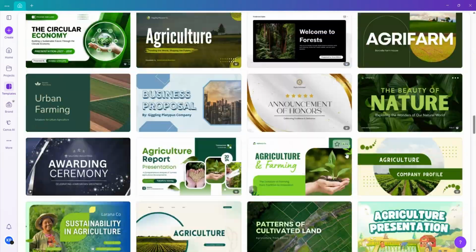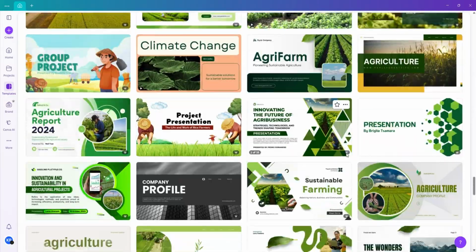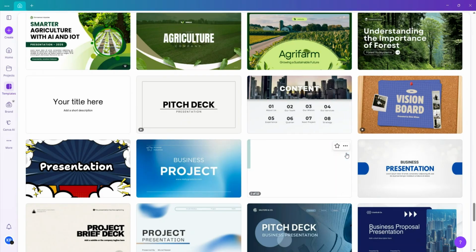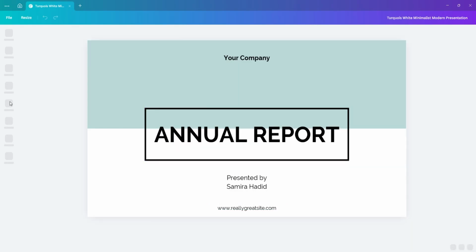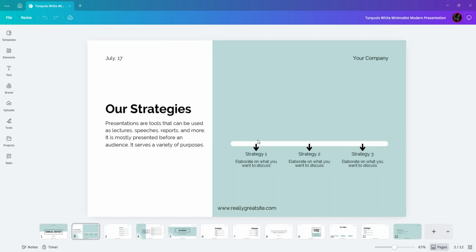Now, I'm going to scroll through the library to find a template that catches my eye. There are plenty of options, but I really like this minimalist turquoise design, so I'll click it and then select Customize this template. Once the project opens, I'll take a quick look through the slides to see the overall flow